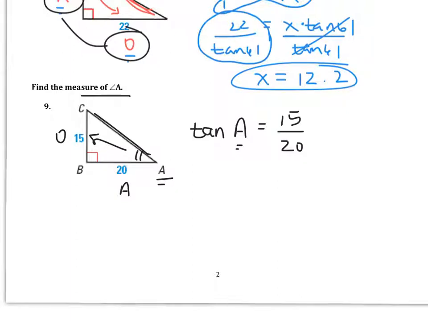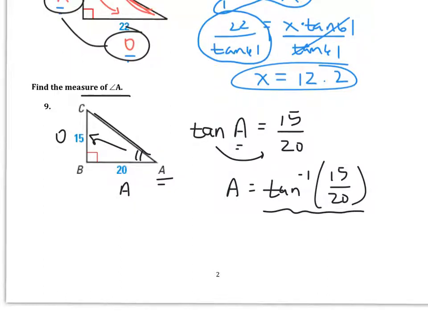Anytime we want to get the A by itself, remember we're going to move the tan to the other side, and when we do that, we're going to use that tan to the -1 on our calculator, which means you're going to have to hit second tan. Okay, tan -1 of 15 divided by 20. Type all of that into your calculator. And when you type that in, you should get A is equal to roughly